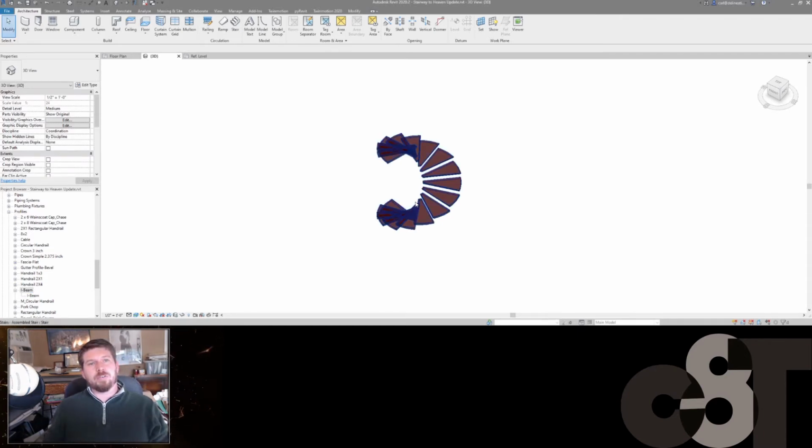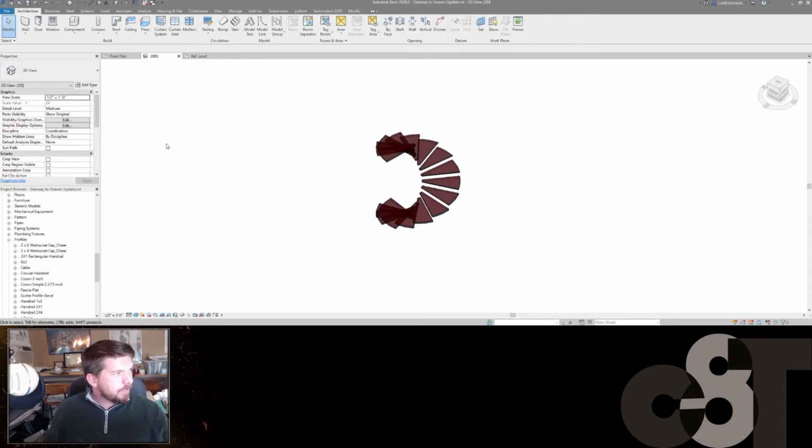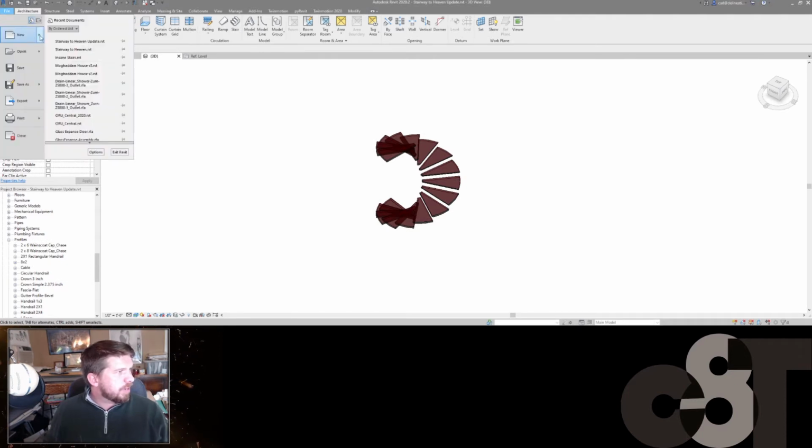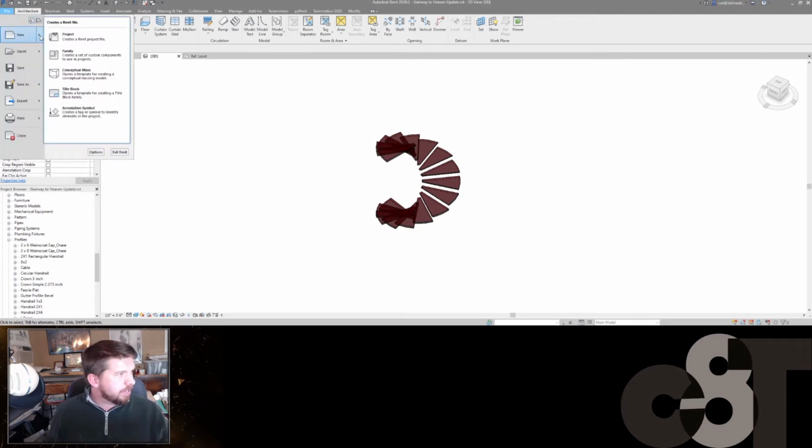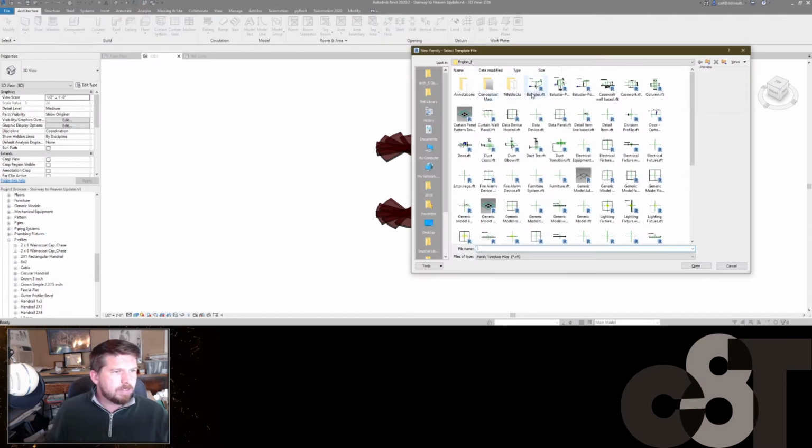So next what we want to do is create our baluster posts, and we'll do that using the baluster family template. The baluster family template will provide us with the correct categories and whatnot that we need. You can probably make this using generic model, but we're just going to keep consistent with the tutorial for now. So we're going to do File, New, a little flyout here, Family, and we're just going to